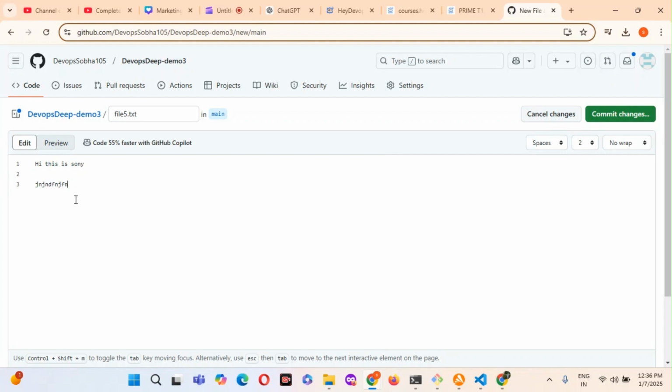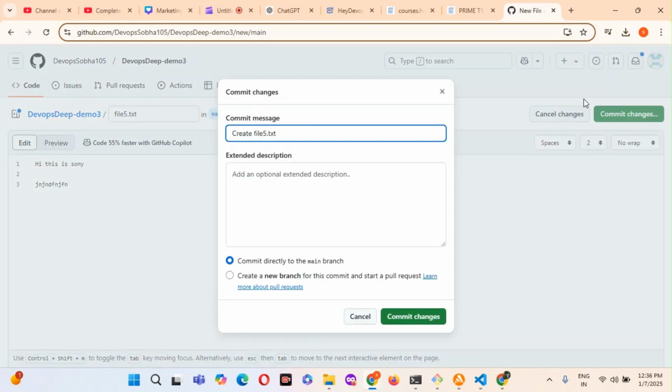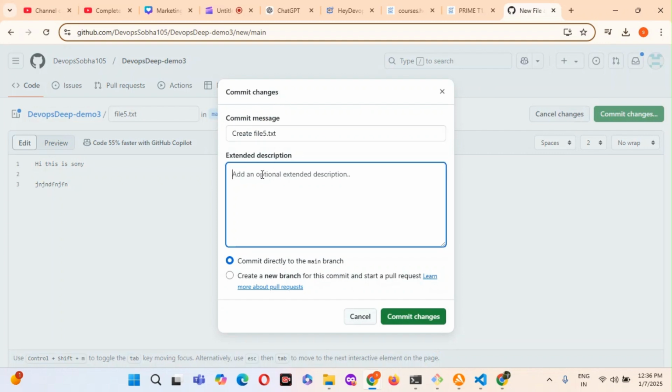Previously we went with the commands, now we will go with GitHub. We'll add the file and commit, git commit. You can use some proper message, like I added the